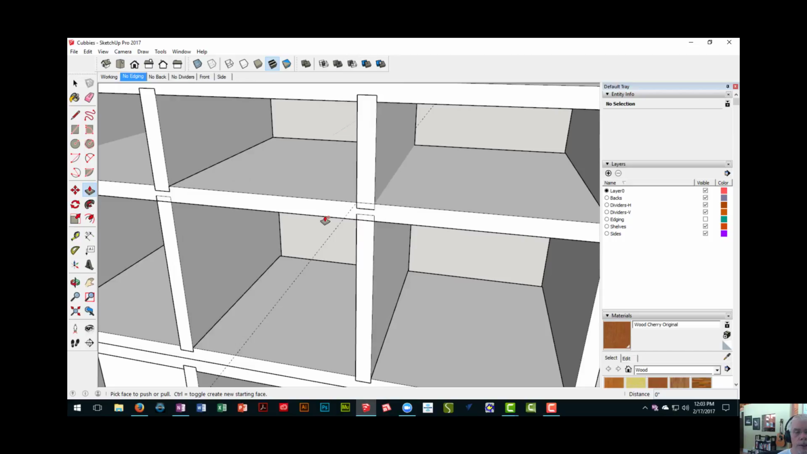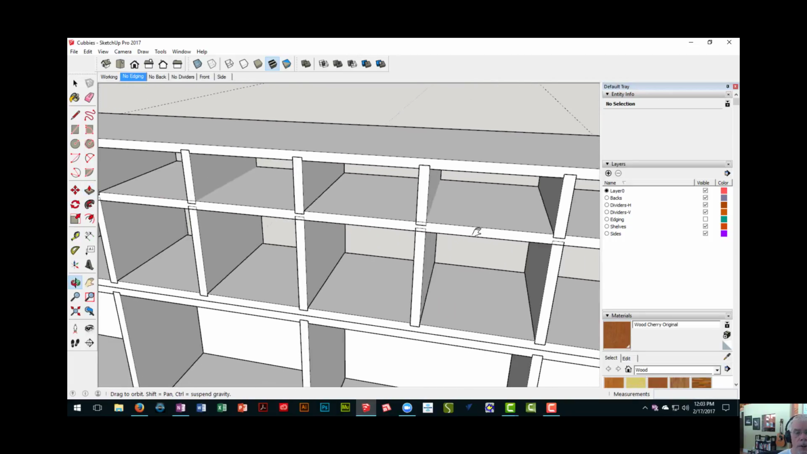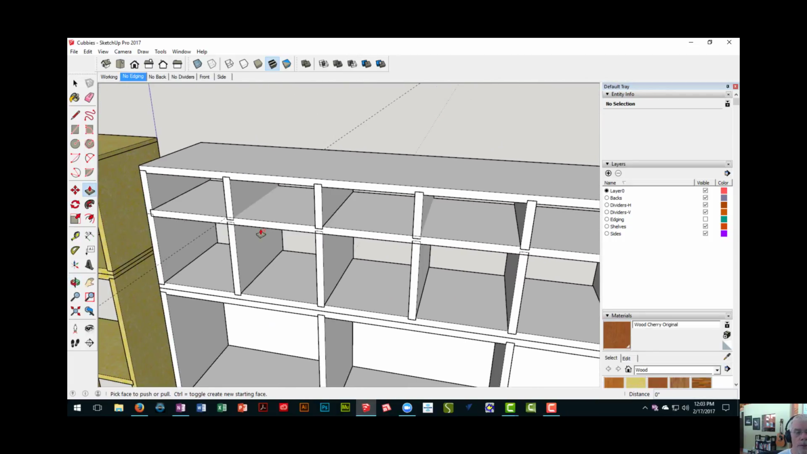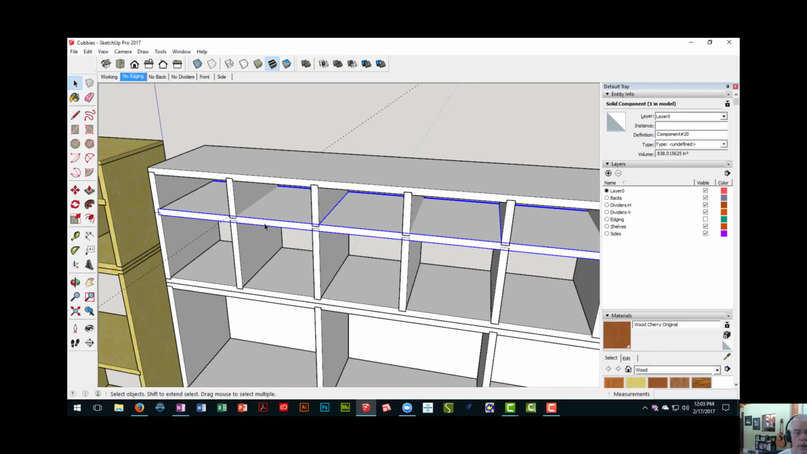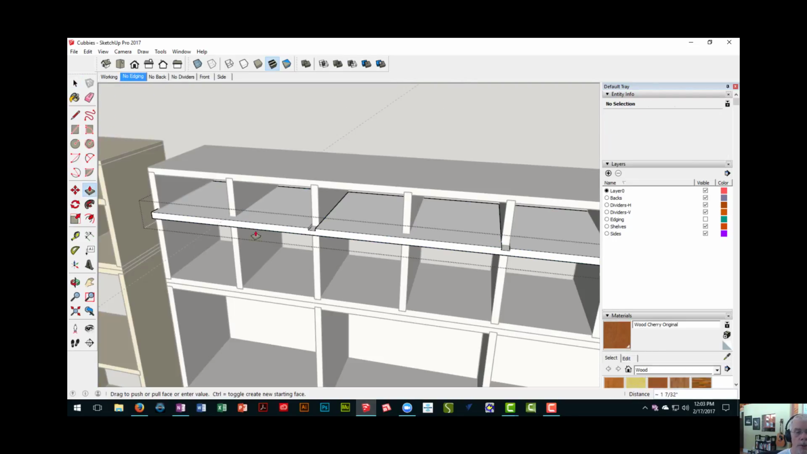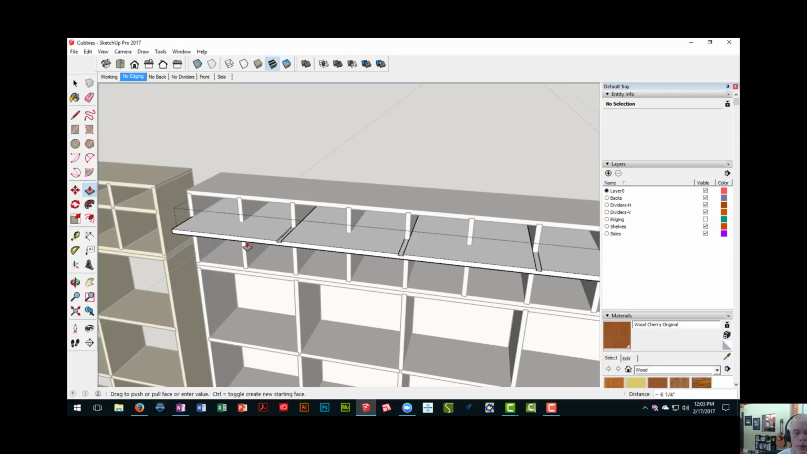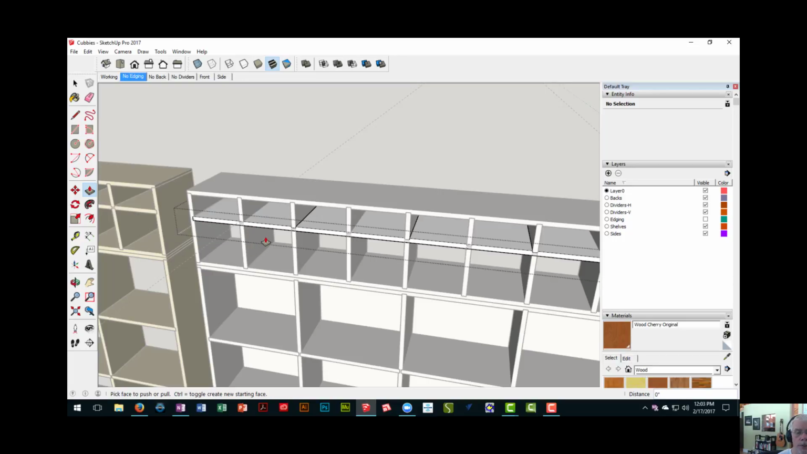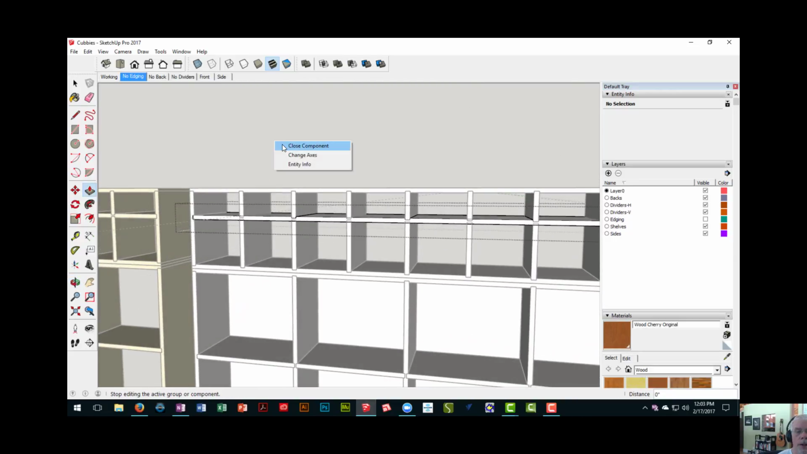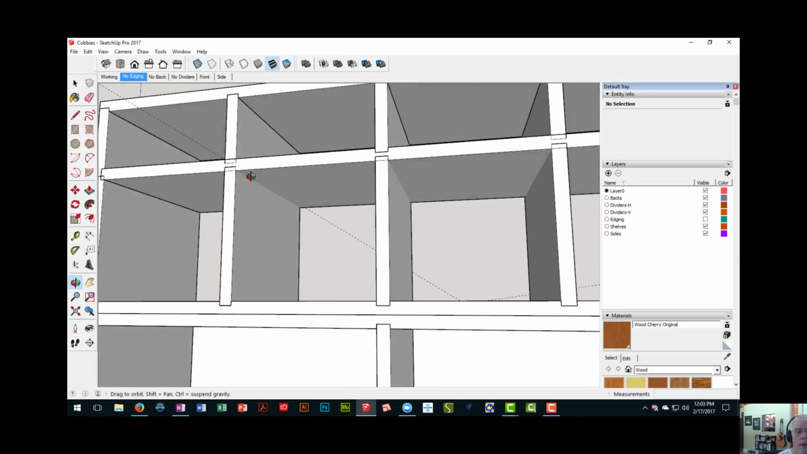Now we just need to do these dados on this middle shelf, which is a unique component. If I double click on that and pull it out, you see the other shelves are not pulling. And you also see that I have some dados cut already on the top surface, but nothing on the bottom. So